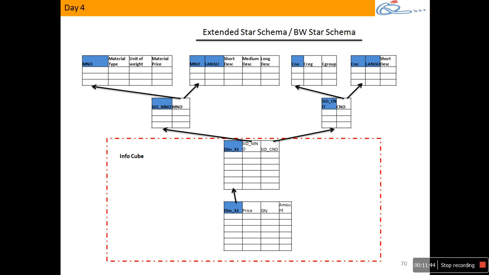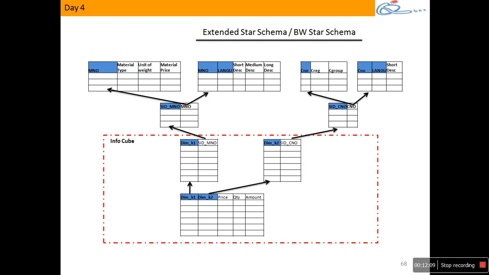How many dimension keys do I have in my fact table? 1. So it connects to how many dimension tables? 1 dimension table. Now in my dimension table I've got 1 column used for dimension key, the remaining 248 are blank. But out of 248, how many columns am I using here? 2. One is filled with SID of customer, one is filled with SID of metal number. So SID of customer number will connect to the SID table of customer, SID of metal number will connect to the SID table of metal number. Can't I do this? Why can't I have a design like this? Yes, this way is possible, this way is possible.